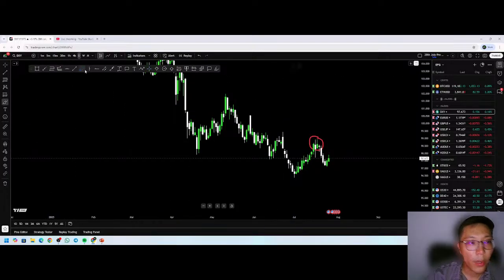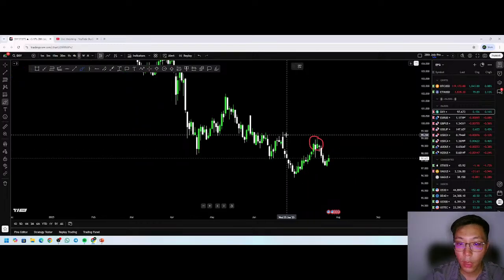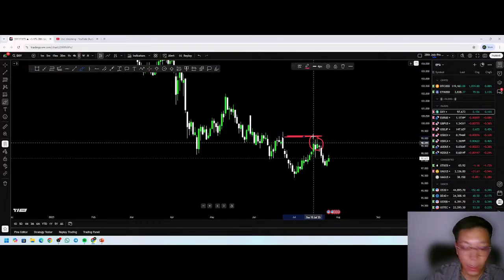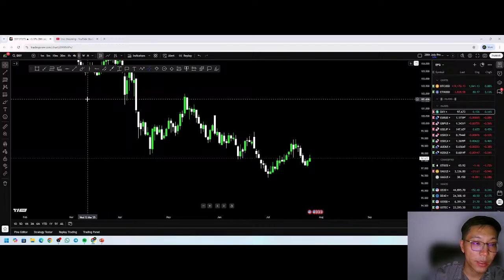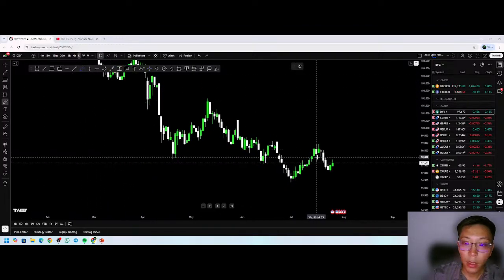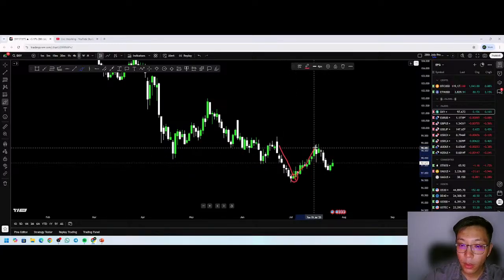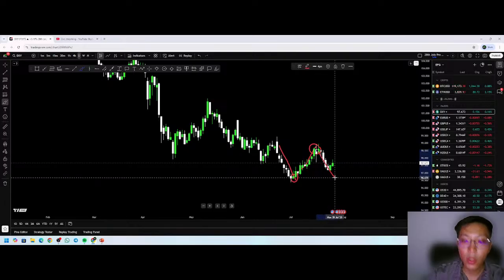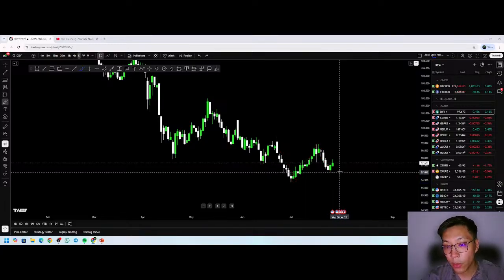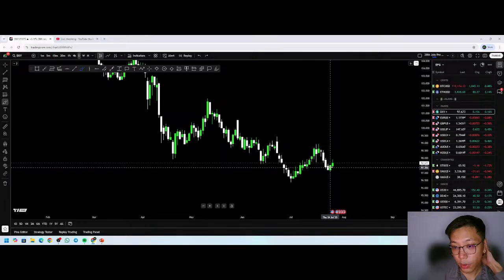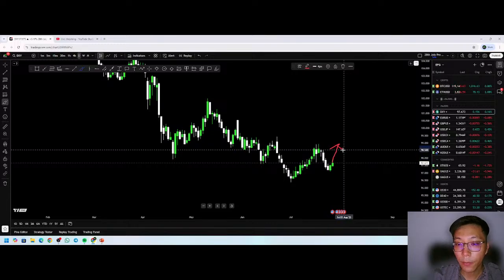Okay, so even though price created a lower high, unable to break past this high previously. Now let's take a look at where DXY might be heading. Looking at market structure, it created a low here, created a lower high. It is supposed to create a lower low. However, price didn't create a lower low. It actually stopped right here and might create a recovery.